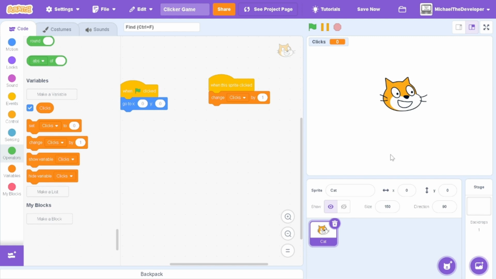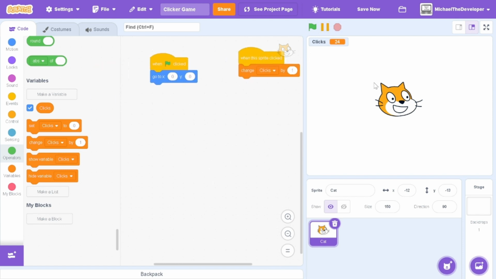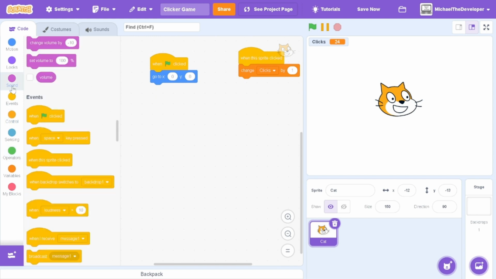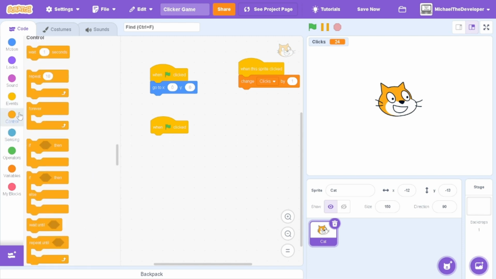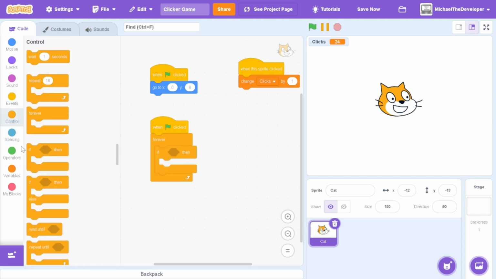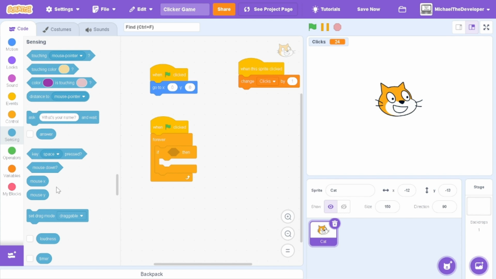So obviously, our cookie clicker works, it's functional, but it's not very aesthetically pleasing. All you're doing is clicking and it's kind of boring. So we're going to set up a basic effect so that whenever you're hovering over it, it'll increase the size just so that it looks better. So we're going to go to effects. When the flag is clicked, grab a forever loop and an if statement, and we're going to go to sensing, if it's touching the mouse pointer,